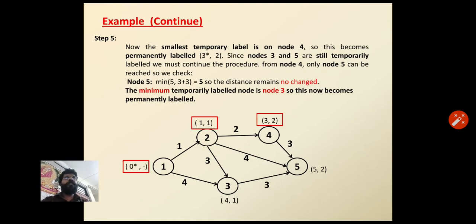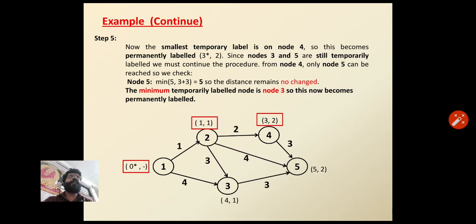So, node 4 has the minimum value compared to 3 and 5. So, node 4 can be marked as a permanent label, and then again calculate the direct distance to the node